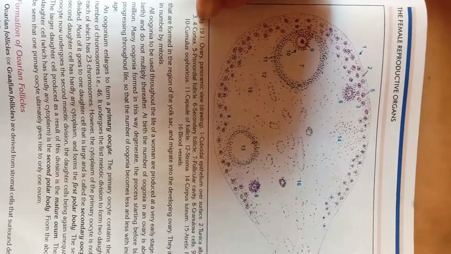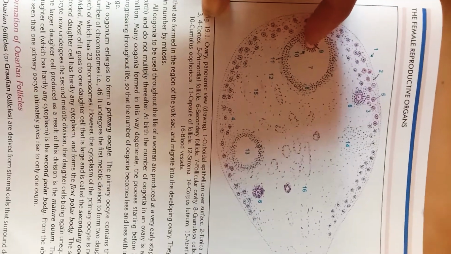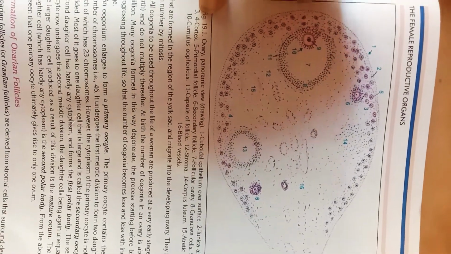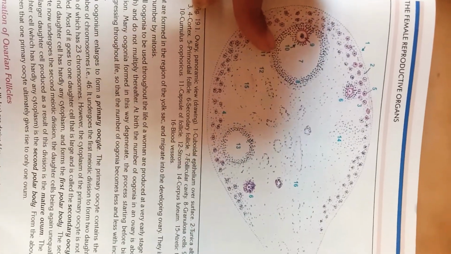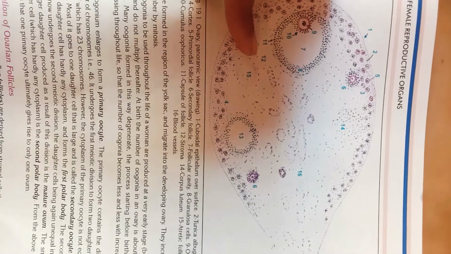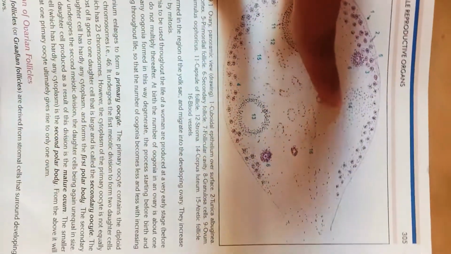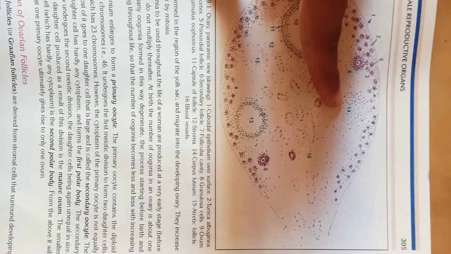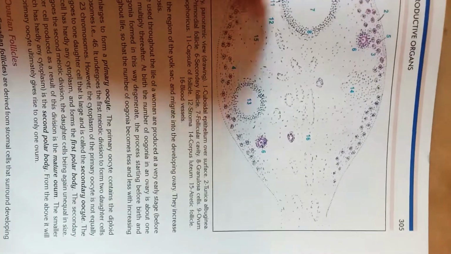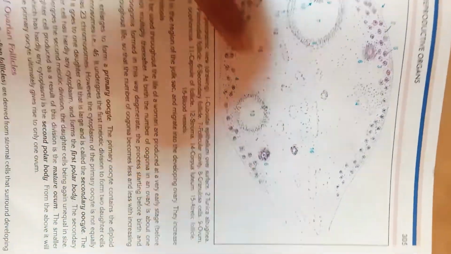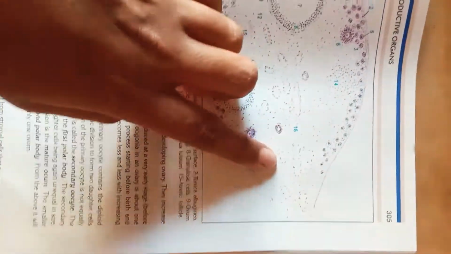And the ninth is the ovum, right? And then there are the cumulus oophorus cells which are present around the ovum. And 11 is the capsule of the follicle. Here you can see, and 12 is the stroma of an ovary, and 14 is the corpus luteum. We know corpus luteum. All these structures we'll see in detail in our embryology. And 15 is the atretic follicle. You can check out the atretic follicle, which is the corpus luteum degenerated into an atretic follicle. And 16 is the blood vessels. So there are also blood vessels.